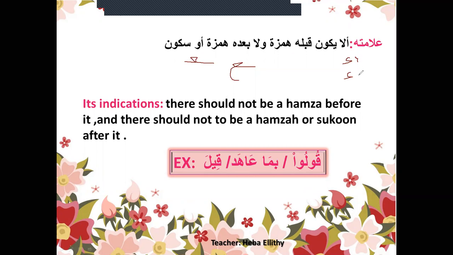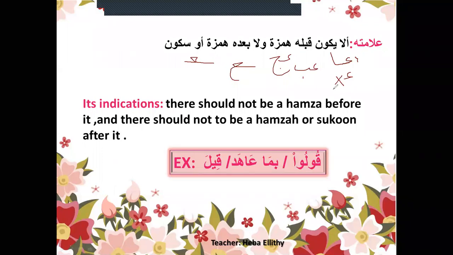Letter hamza never connects with any letter from here. But letter ayn, usually when it looks like that, connects with any letter. I write for you several letters. It should connect.